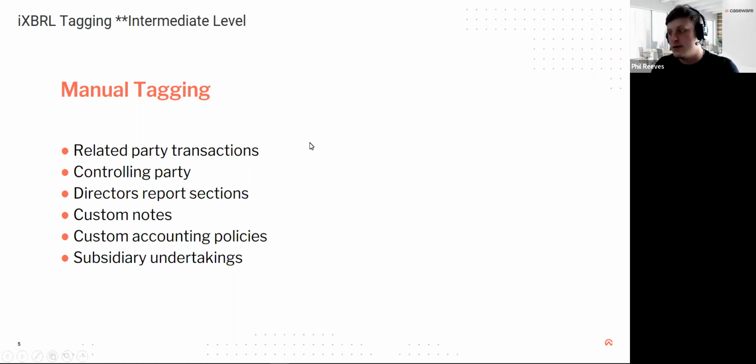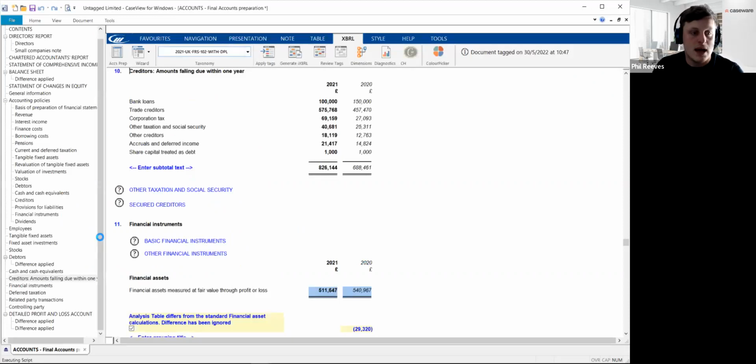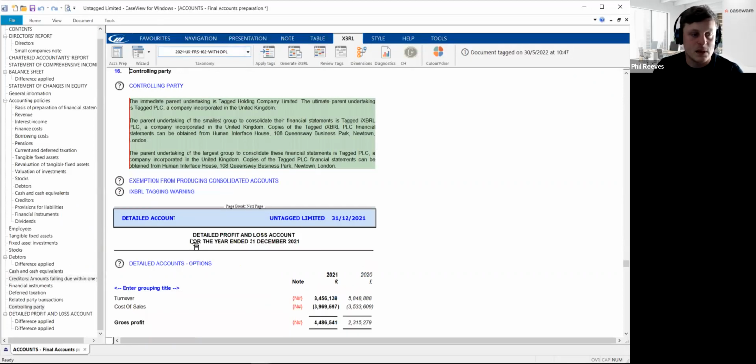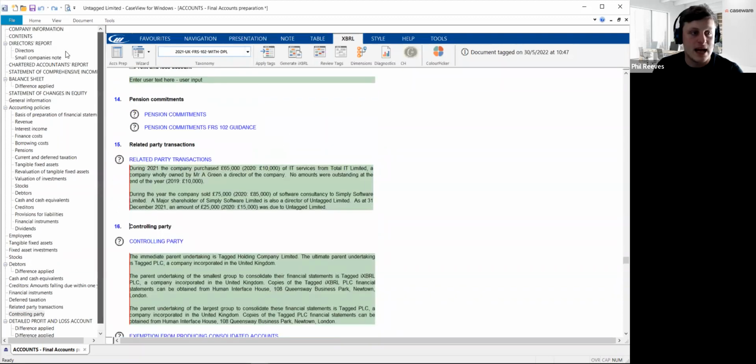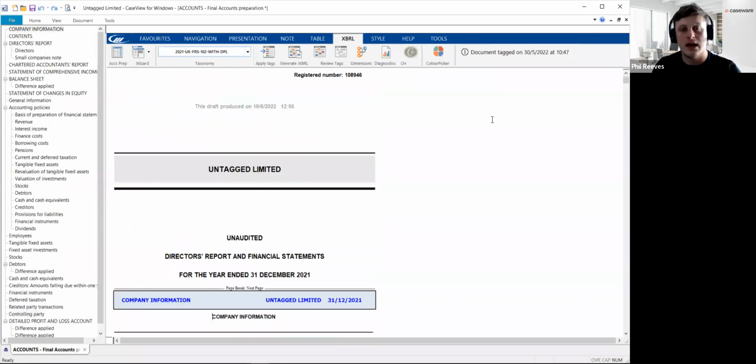Okay, so we are going to jump straight into a Caseware file and just have a look at some areas and some things you need to look out for when it comes to manually tagging the accounts. So as I mentioned, the way that you can double check or see when you've gone through and applied the tags. So in this file,